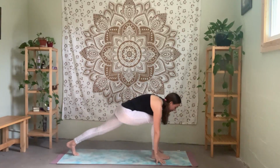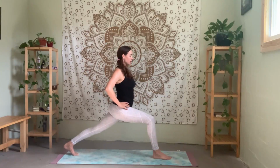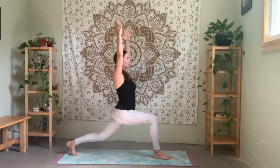Another high plank. This time, bring the hands to the hips. You can always stay on the knee if you need to, or taking this variation here. And again, finding the real center line in your body. And then sending the arms up. You can keep a bend in that back knee if that helps you feel really centered, or keeping the legs